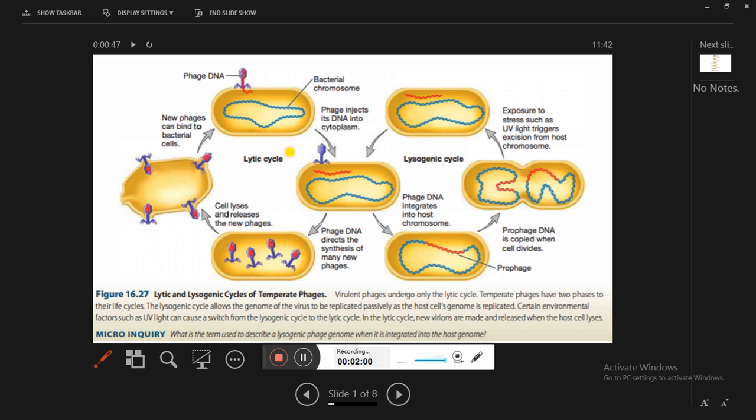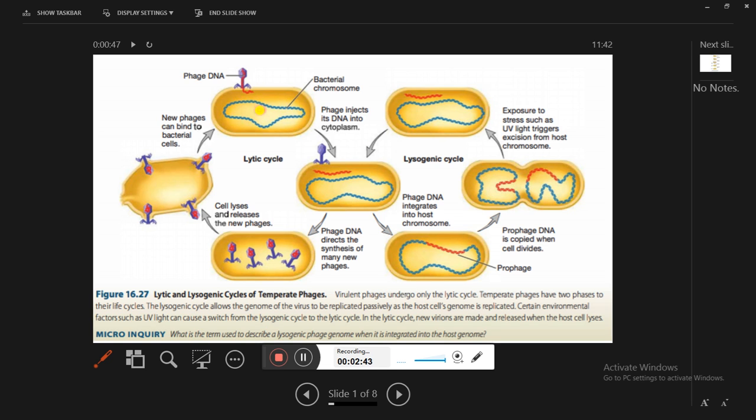In the reproduction of bacteriophage, it only injects its nucleic acid into the bacterium. Not all of the structure of the bacteriophage is inserted inside the cytoplasm of the bacterium, but only the DNA or nucleic acid, DNA or RNA, which is the nucleic acid of the bacteriophage. Bacteriophage has four types of nucleic acid: either DNA or RNA, single stranded or double stranded DNA, or single stranded or double stranded RNA. So the bacteriophage injects its nucleic acid inside the cytoplasm of the bacteria, and now the injected nucleic acid follows